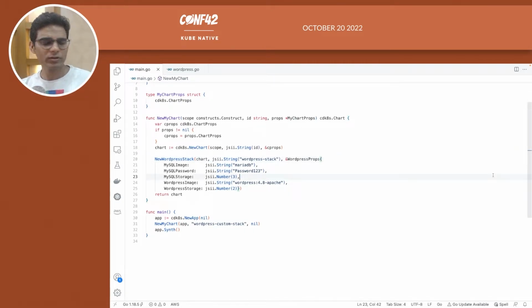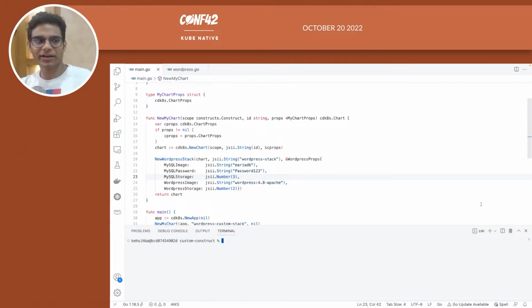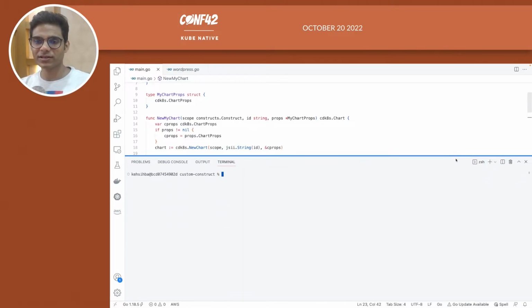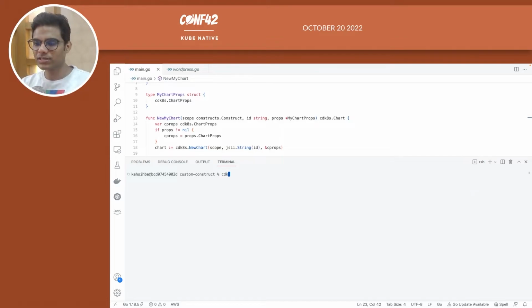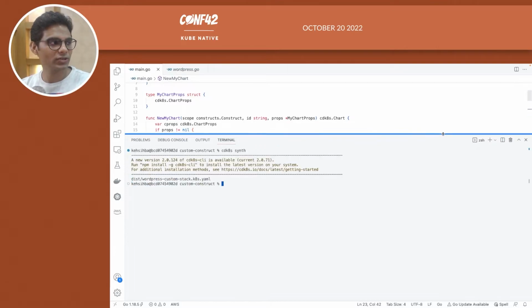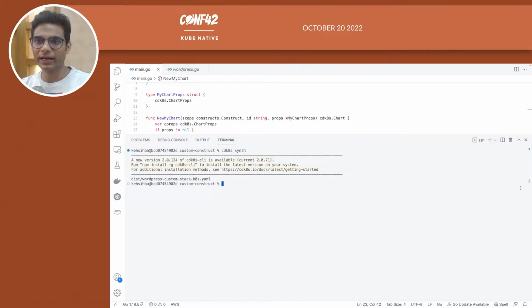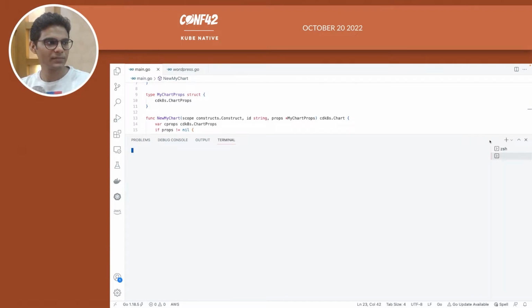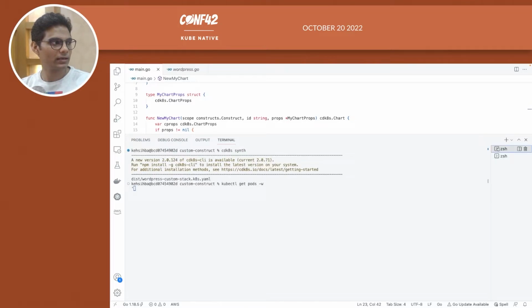So, all right, cool. This looks good. So let's go ahead and deploy a WordPress cluster. So as usual, what I'm going to do is use this simple command, cdk synth. It's going to kickstart the process of creating the YAML manifests. And what I can actually do is go ahead and create this. So what I'm going to do is actually watch the pods in the background while